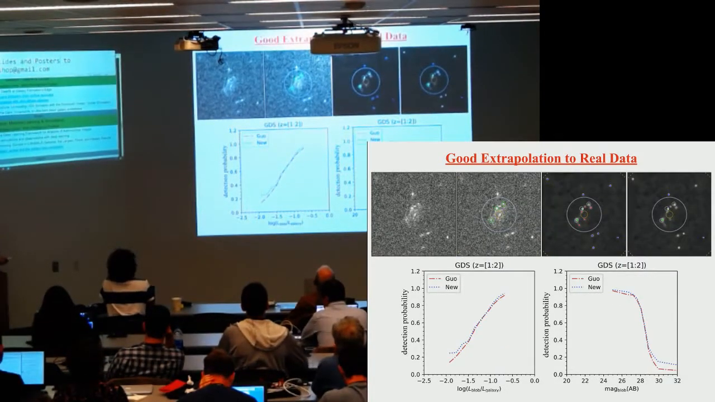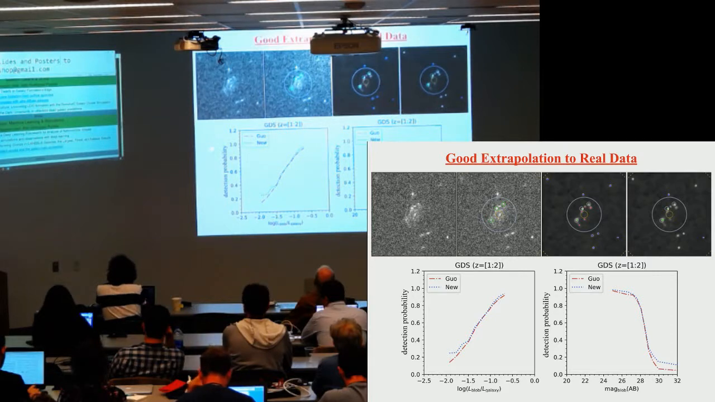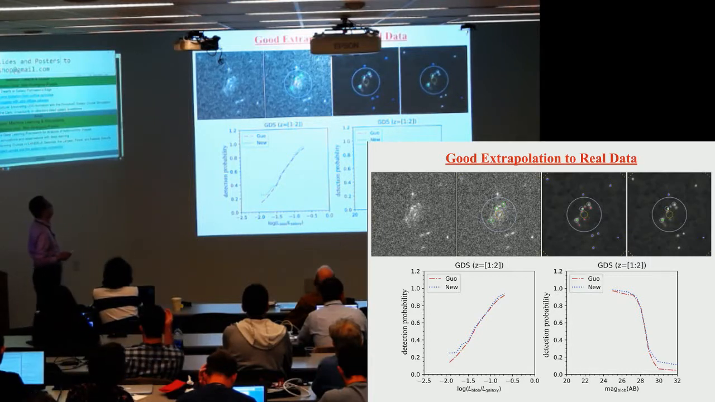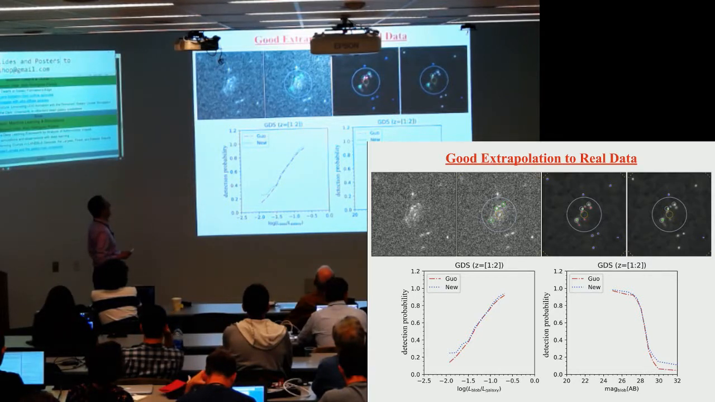Okay, now let's apply our algorithm to real galaxies. So this is a real CANDELS galaxy. And here, green are clumps detected by my algorithm in 2015. And here are new clumps detected by the deep learning. So it also detected the green clumps that I detected, but the deep learning also detects some new clumps and